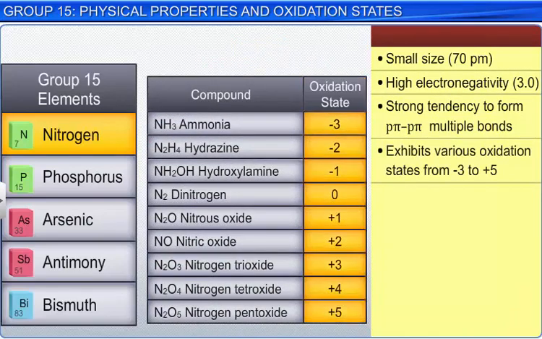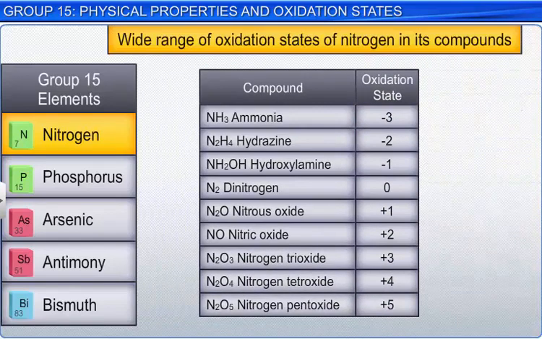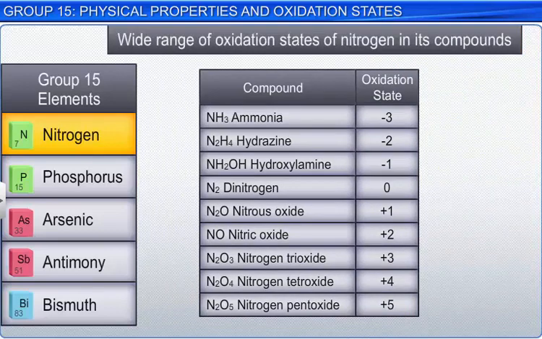Let us look at the wide range of oxidation states of nitrogen in its compounds. Nitrogen has an oxidation state of -3 in ammonia, -2 in hydrazine, -1 in hydroxylamine, 0 in dinitrogen,